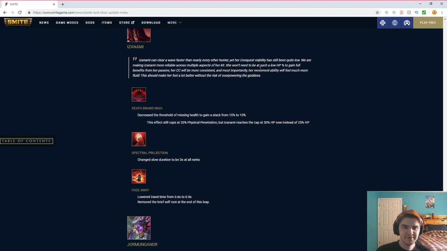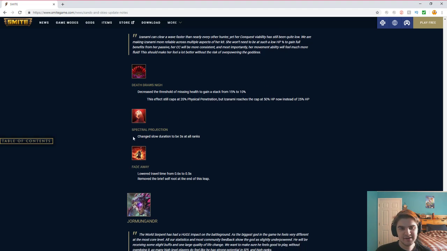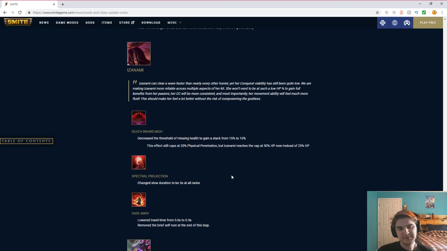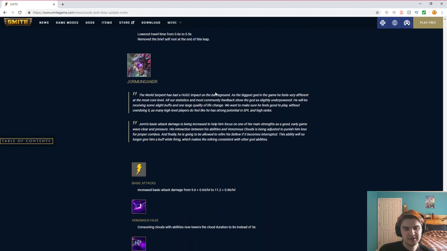Conquest liability has still been quite low. I don't know how I feel about that, honestly. You don't want to make her too strong. Change slow duration to be 3 seconds at all ranks. Lower travel time from 0.6 to 0.5 seconds. Remove the brief self-route at the end of the leap. I mean, making her more mobile for Conquest, that's fair. I'll take that one. I don't know about the rest of these, because doesn't that mean she gets her passive more often? I don't know if I like that. Anyway,